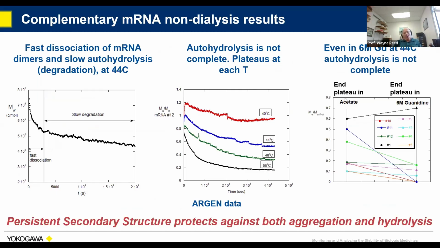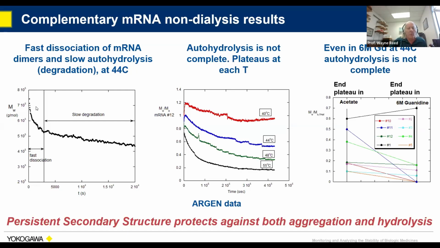Okay, so now, like I mentioned, we're looking at aggregation in those first few experiments. But if we subject it to a global stress of temperature once again, we get very interesting behavior. So we hold it at 44 C. Here we're actually measuring the absolute molecular weight, which you can do. And so it's starting up here, and then it comes down within less than an hour quite a bit, and then it slows way down.